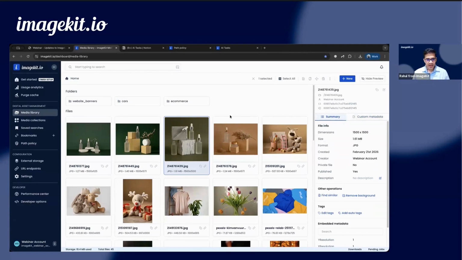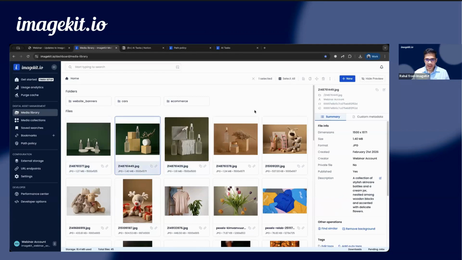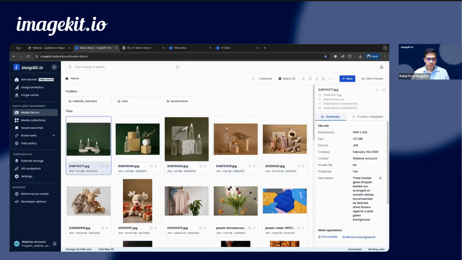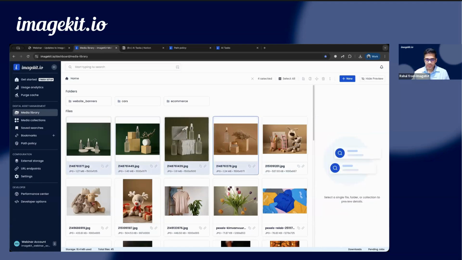Now, we've also made navigation simple. While you can still, let's say, use your mouse to click on different assets and keep seeing the updated information here, you can also use your keyboard to now navigate across the DAM, right? You can't see my keyboard, but if I am using my arrow keys right now, I can move around the assets very easily. Very similar to what you're used to on your laptops, you can also press the command or the control key to select multiple assets in one go and carry out bulk operations on them. Or you can also use the shift key along with the arrow keys